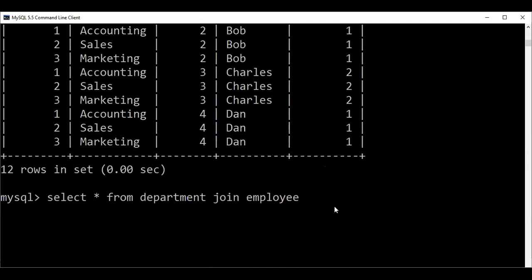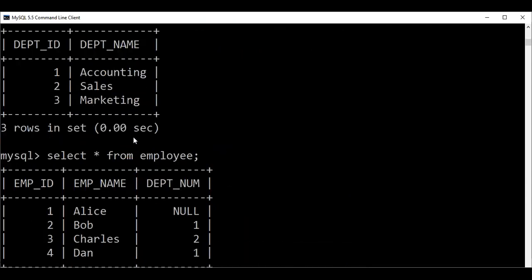So department join employee. Then I'll use an equal operator. To apply the equal operator, I'll find which attribute I can apply it on. Since there is a department ID here and a department number here, there must be some common value. You cannot check whether department ID and employee ID are common, because they are different domains. Department ID belongs to the ID of the department, and employee ID belongs to the ID of the employee. But this department number belongs to the ID of a department. So you can match department ID to department number.